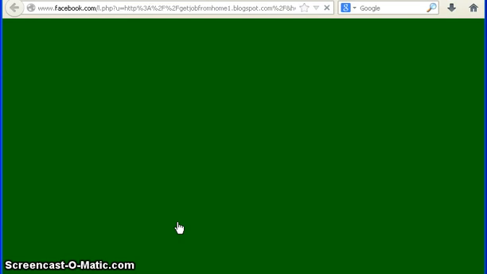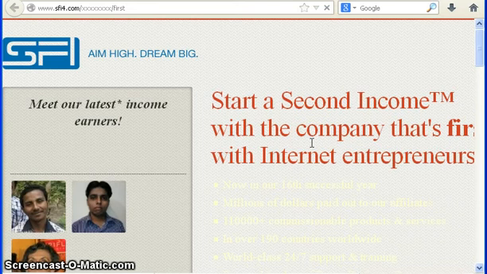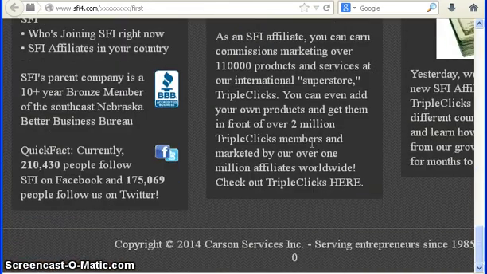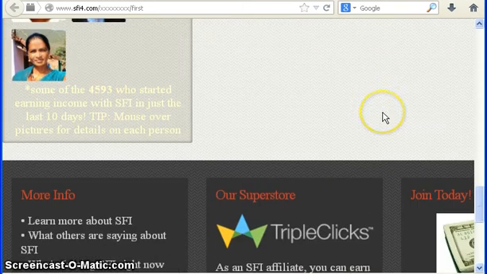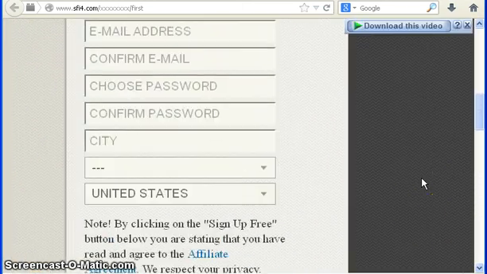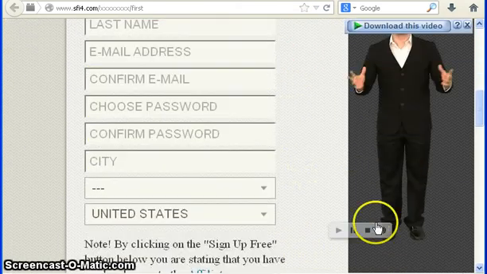I'll press it and look what will open. It will open the landing page of SFI, of course without any number, because as I told you, to repeat again, I didn't put any number in it. You will put your own number in it, and that's it.